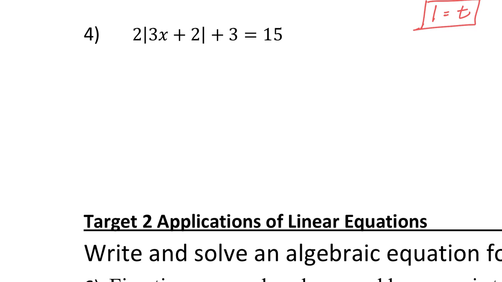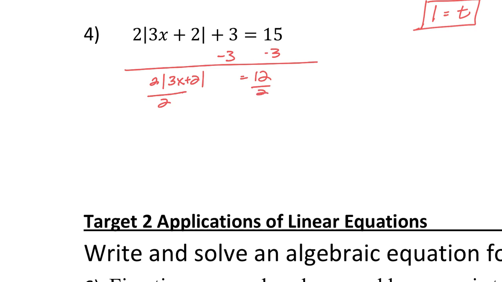So we start peeling away things from the outside first. So outside the absolute value bars, we have a 2 in front and a 3 at the end. So those have to be taken away first. So we get rid of the 3 from both sides, and we're left with 2 times the absolute value of 3x plus 2, and then on the right side we're left with a 12. So again, we're getting rid of the outside stuff, so we divide by 2 on each side, and we get the absolute value of 3x plus 2